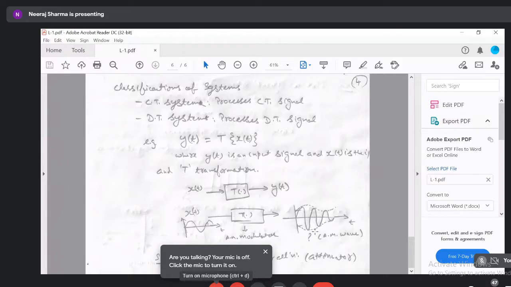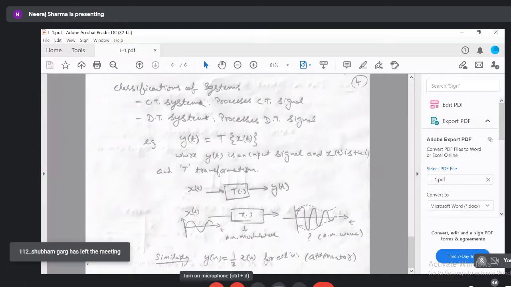So if you are familiar with this particular waveform, अगर आपने पहले पढ़ी होगी कभी, तो इसको हम एम्पलीट्यूड मॉड्यूलेटेड वेव बोलते हैं, AM वेव, राइट. So we can term this system as an amplitude modulator, कि उसका एम्पलीट्यूड जो है वो चेंज कर रहा है, कभी इंक्रीज कर रहा है, कभी डिक्रीज कर रहा है, राइट. Similarly, if you have y of n is equal to 1/2 multiplied by x of n, तो इसका मैग्नीट्यूड जो है इनपुट सिग्नल का हाफ कर रहा है. So it can be termed as an attenuator, that is, it is attenuating the signal.